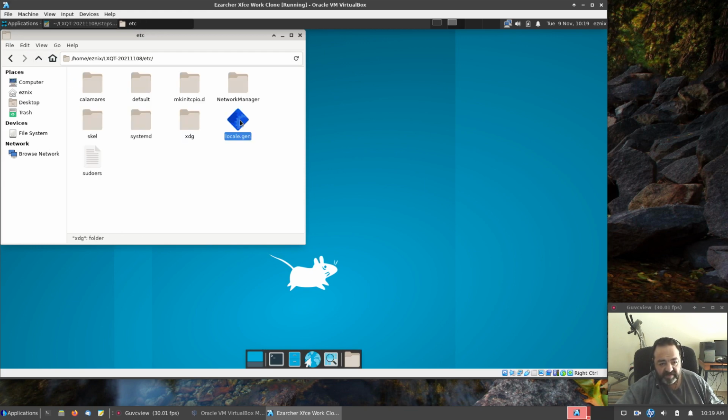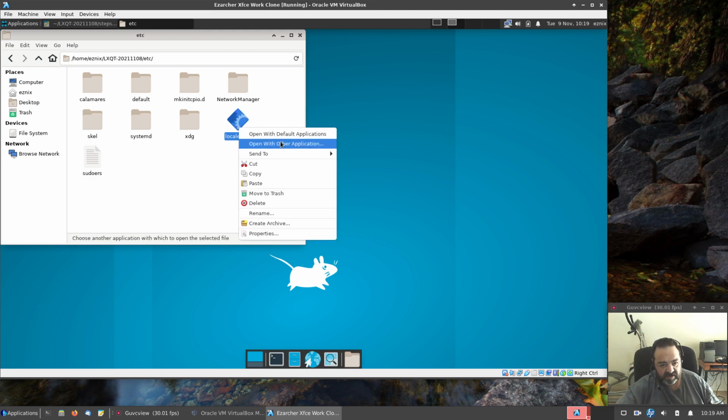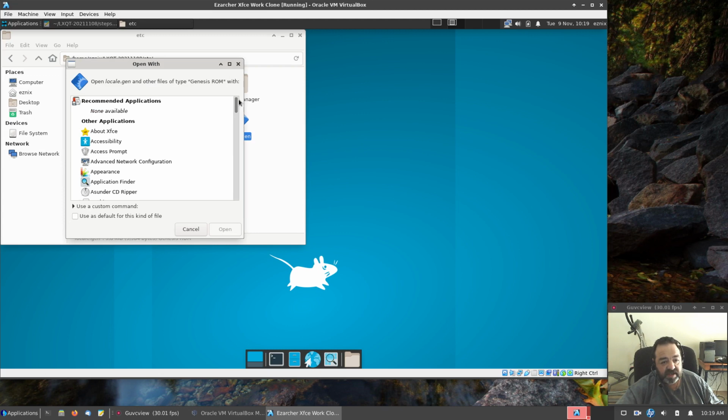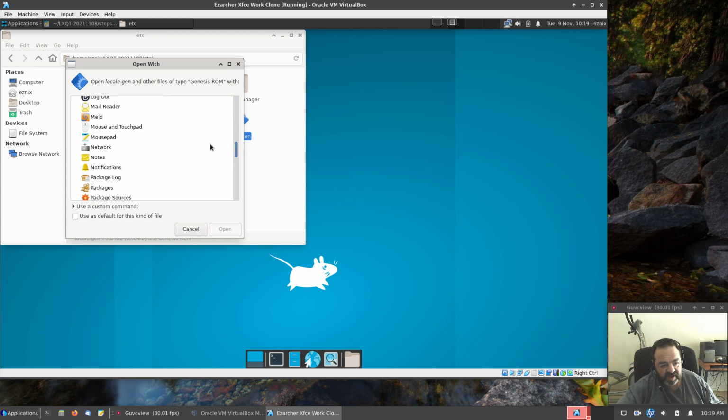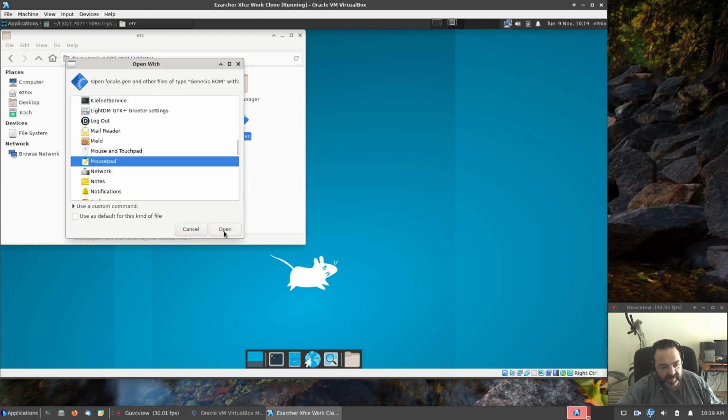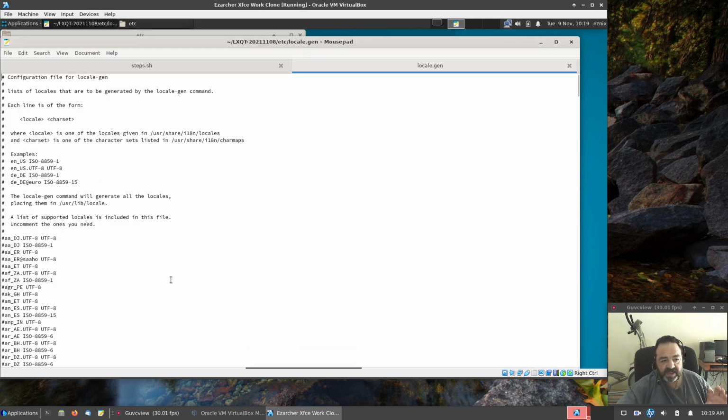I provide my own locale.gen with... let's see, open with other application. I believe I provide the stock default one. This doesn't have an easy way to open it. It is really just a text file, but I'm not seeing a Guinea... oh wait, mousepad, there we go. This is really just the stock